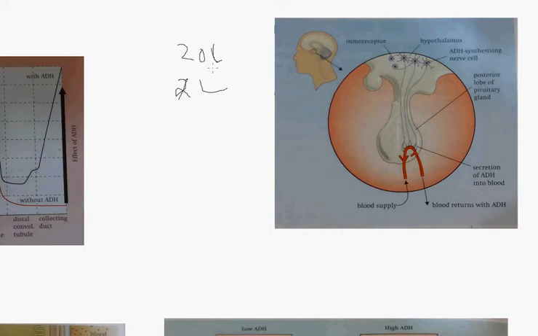Okay, the mechanism is simple. When you drink more water, there are osmoreceptors in your blood and tissues. These osmoreceptors get stimulated. When they get stimulated, they send an impulse to the hypothalamus in the brain, right? They send a stimulus to the hypothalamus, and then the hypothalamus in the brain